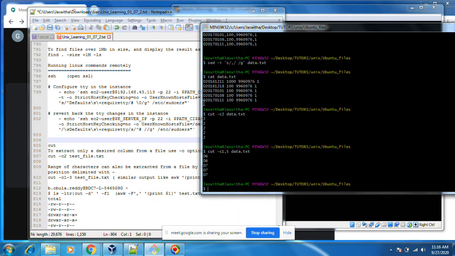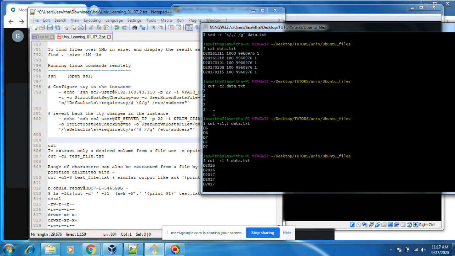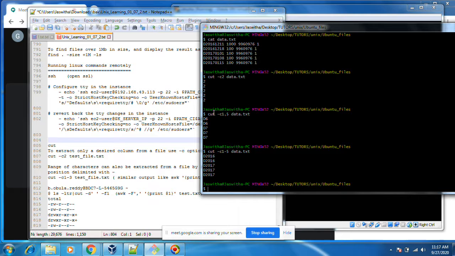First character, sixth character, fifth character, first one, sixth one. First to fifth in the line, first to sixth. Using AWK also, you can cut like this.